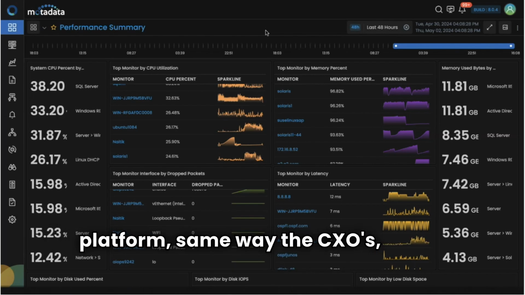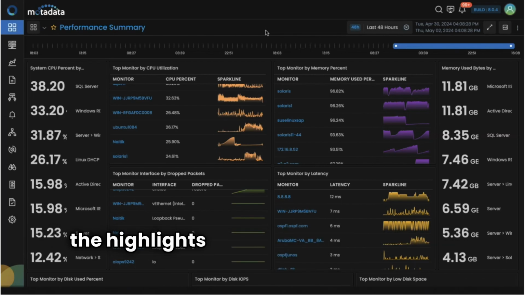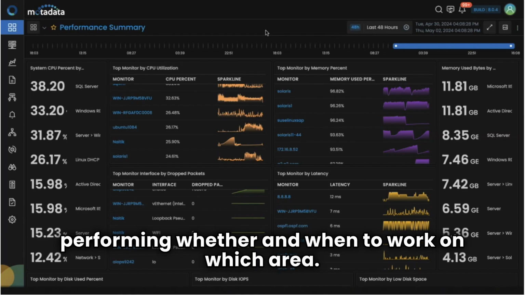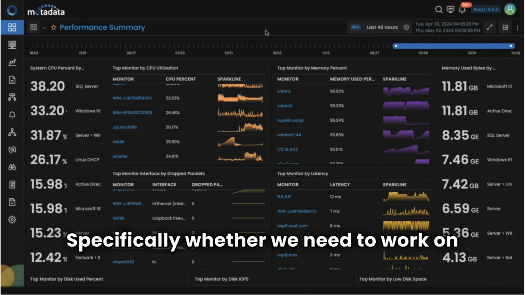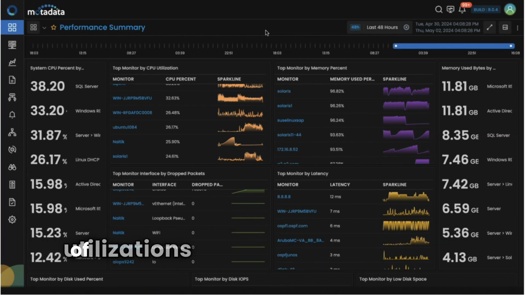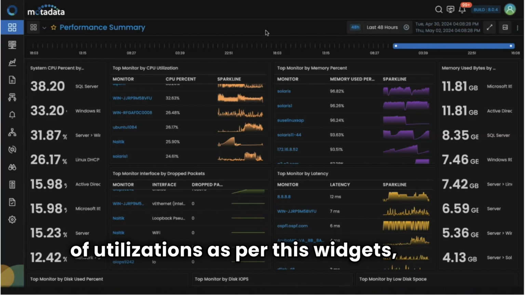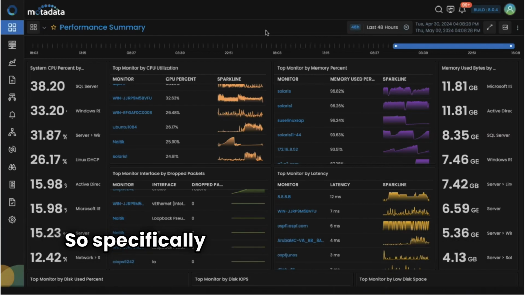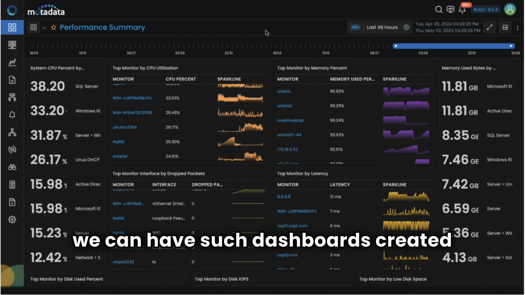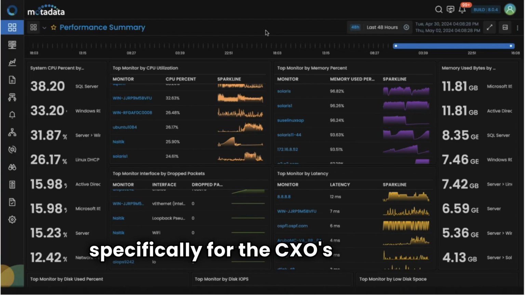Same way, the CXOs will only receive the highlights, like, okay, this is how the infra is performing, and whether and when to work on which area specifically, whether we need to work on the network area because the network is utilizing the highest utilization as per these widgets, right? So for any customers, we can have such dashboards created specifically for the CXOs and